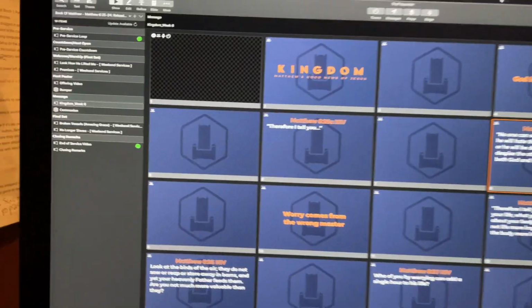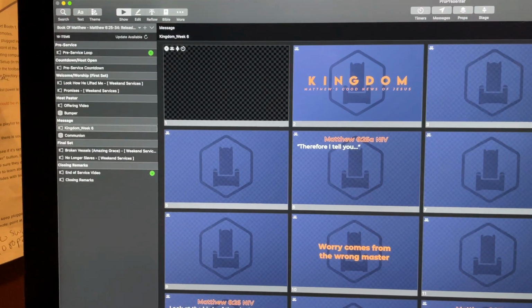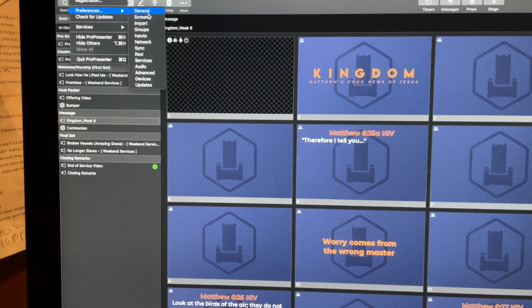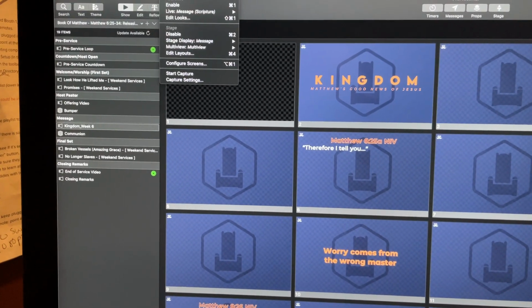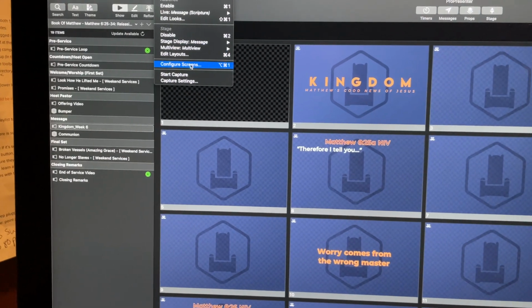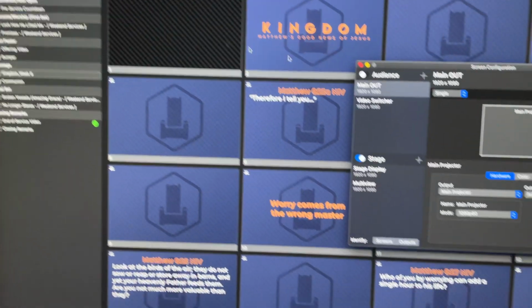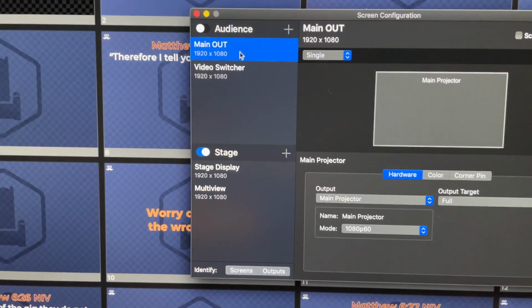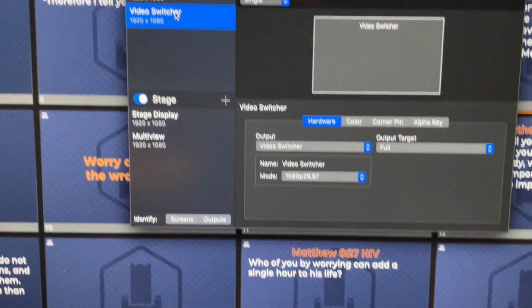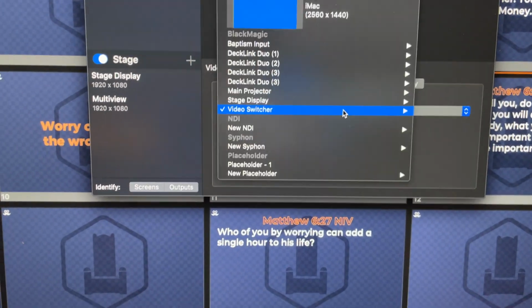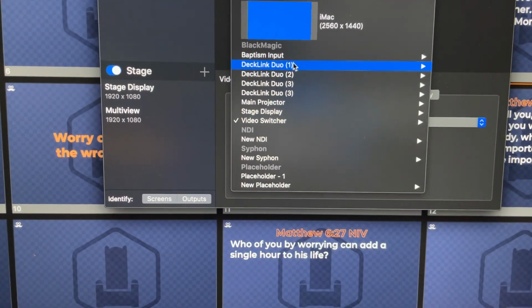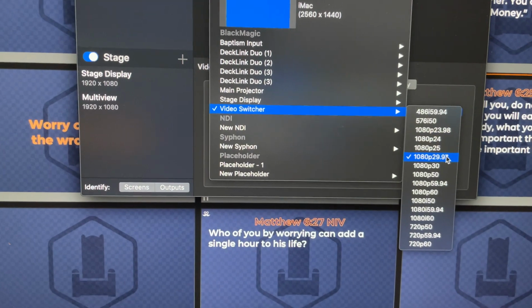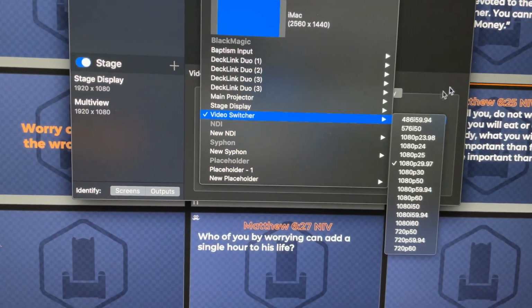And that's important. So when we go to ProPresenter, I'll go to Preferences, and I'll go to Screens, and I'll go to Configure Screens here. And so we have a main out and we have our video switcher, and we are outputting to the DeckLink Duo cards, and I've relabeled,